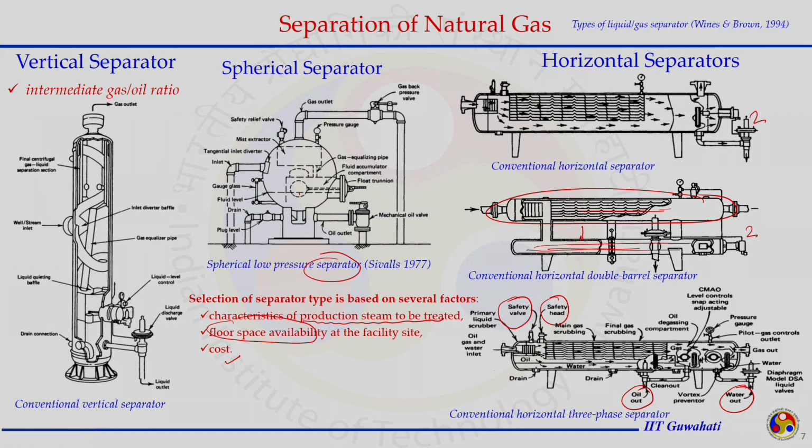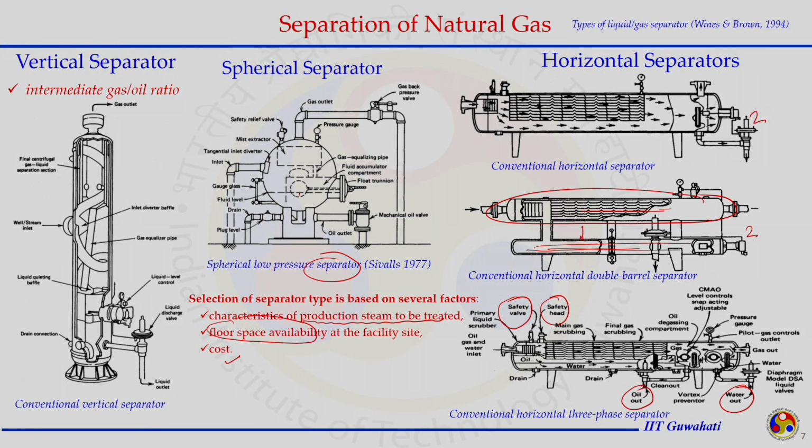When we have a spherical separator, the area is reduced and we can install it in a very compact manner, but it has its own advantages and disadvantages. In fact, all the separators available in the market or that can be designed have certain advantages and disadvantages. Based on the need and requirement, other specifications and aspects of separator selection should be considered before making the final decision.